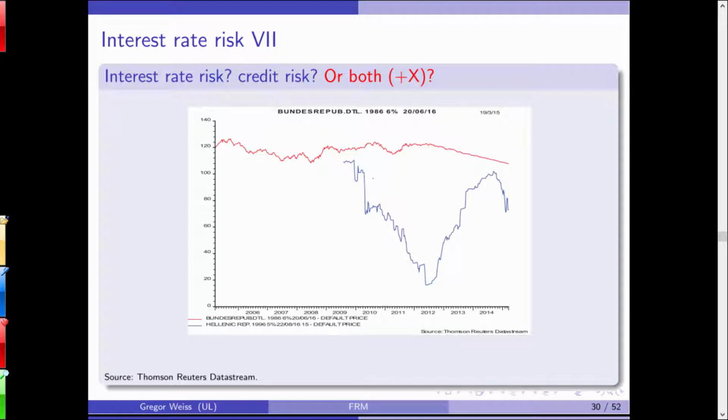And here we can see for the German government bond, this is true, and we would assume that is due to the fact that there is only interest rate risk, there is no default risk. Here you can see the extreme volatility in the Greek government bonds. And the question now is, what part of this volatility is due to interest rate risk, default risk? Now for the Greek government bond, this is extremely difficult to say. This might be interest rate risk, for example, those small ones; even with the German government bond, you can see that there is some volatility here. And this volatility is probably due to interest rate risk.